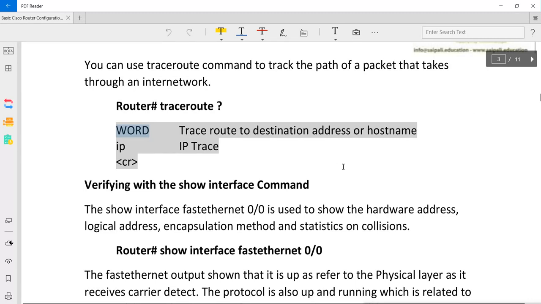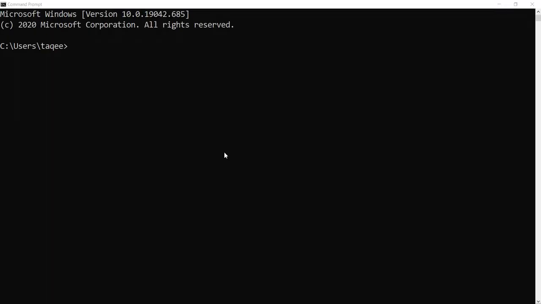Our router by default is not configured with any network right now, but when it is configured, then I will show you how this traceroute will work. But we can see it on our normal Windows machine, in the normal Windows command prompt. The only difference is that in a Windows machine this traceroute command is called tracert. And then you can mention the name or IP of the other machine. Let's say I'm trying to track the Facebook server.